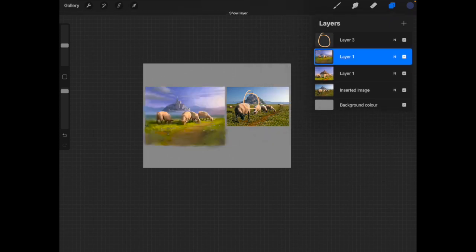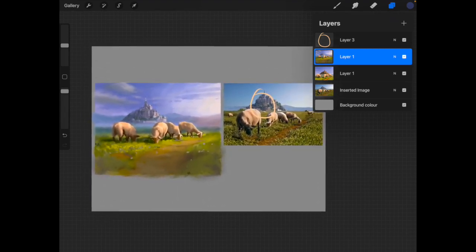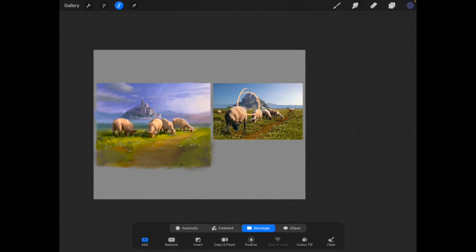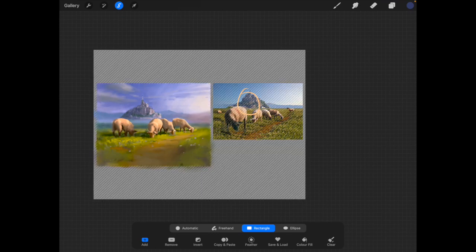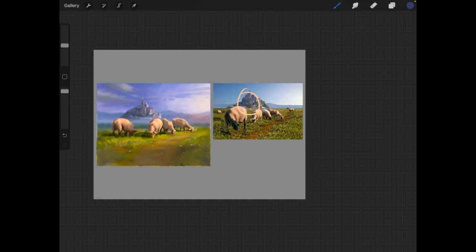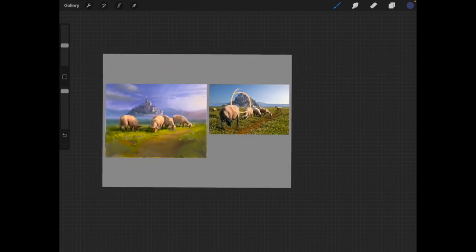Before, after. Yep. I'll just tidy it up a bit. Trim the edges. Okay, and